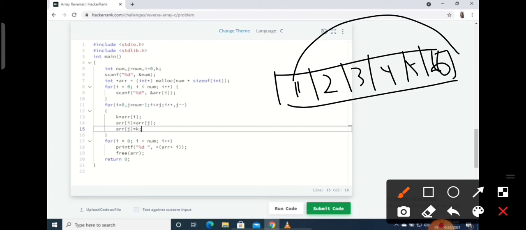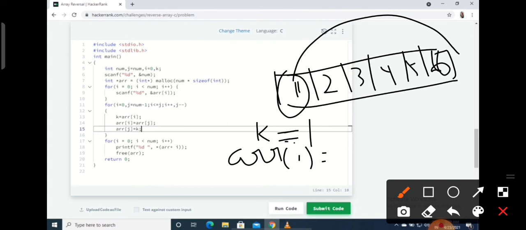So, in the temporary variable k, array of i is stored. That is, array of i is array of 0, that is 1. 1 will be stored in k. k equal to 1. Now, array of i equal to array of j. That is, in array of i, array of j will be stored.